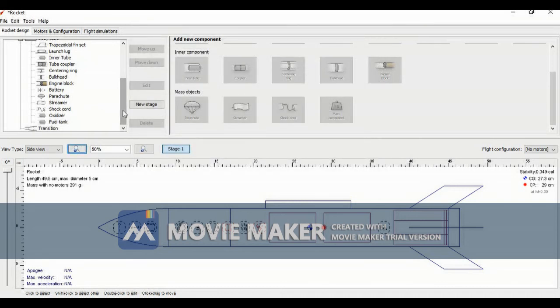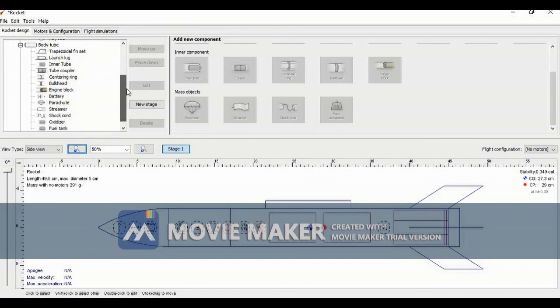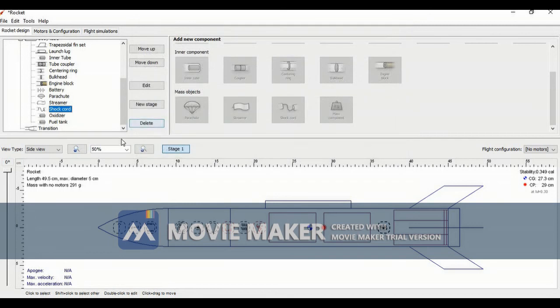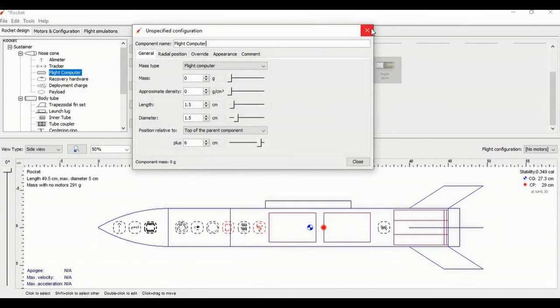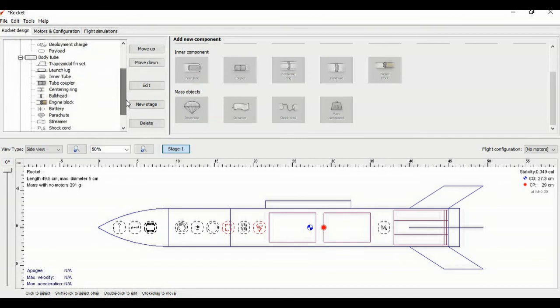So now the fuel tank and oxidizer are also done, and now I think we have to take one thing. I think it's not looking good. What is it? I don't get it. I think, let's see its signs, which matches. The shock cord match. It will highlight it. Okay, the shock cord is not there. So now let's see where it is. I think flight computer. No, I think it's not in there, so let's leave it for some time.